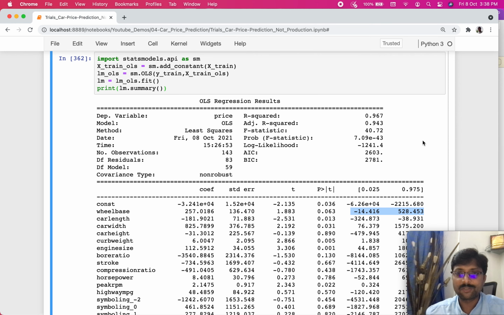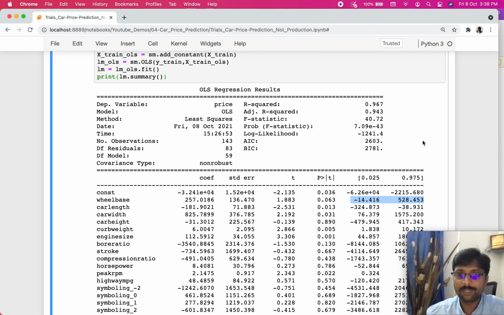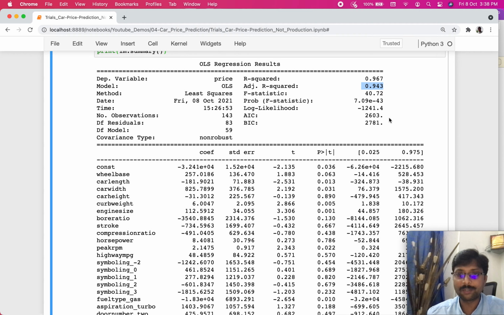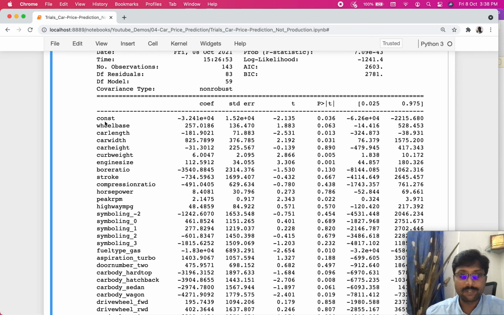All right, friends, so on the model summary, a few important parameters that we normally look at are, as I was saying, R squared and adjusted R squared. These values are really important in the context of multiple linear regression, right? Especially adjusted R squared is the parameter that we use for multiple linear regression. And then the other important parameters are for each and every coefficient here. What is listed here is the column values, and the constant is the intercept. For all these column values, it lists the coefficient and the standard error with respect to the coefficient, right? So it is also important to look at them, right?